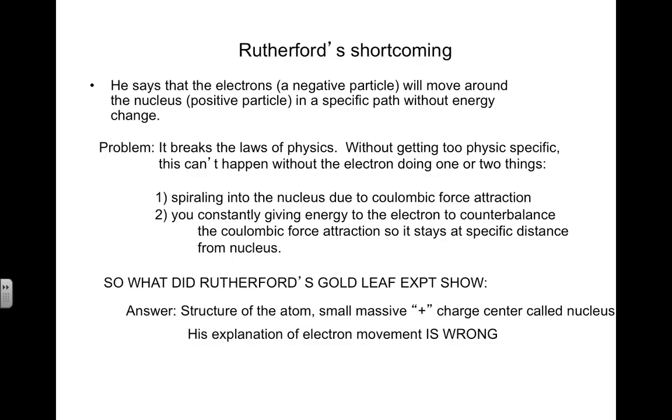The Coulombic force is pushing the electron into the nucleus, and you need energy to keep it in its pathway outside the nucleus. The problem is that they knew the atom didn't continuously gain energy. That's not how energy and atoms relate to each other. So therefore,